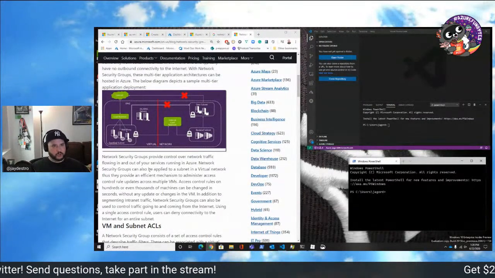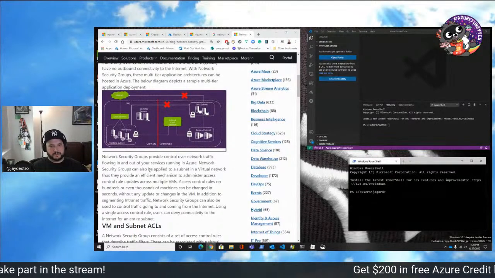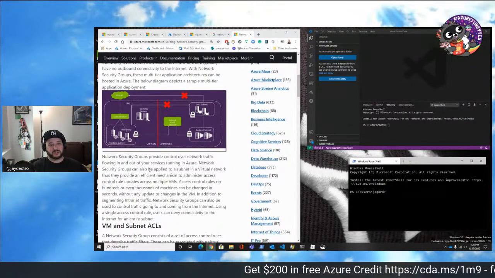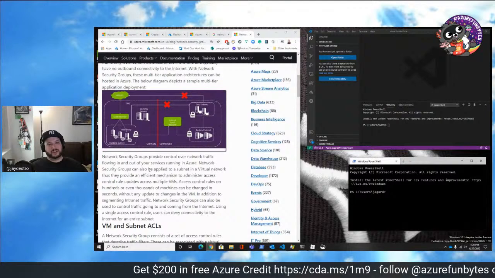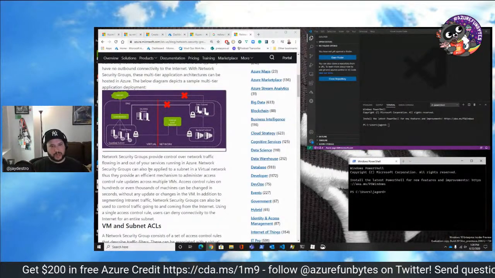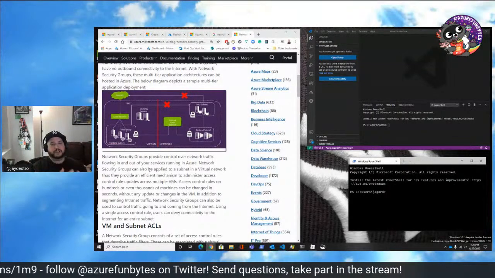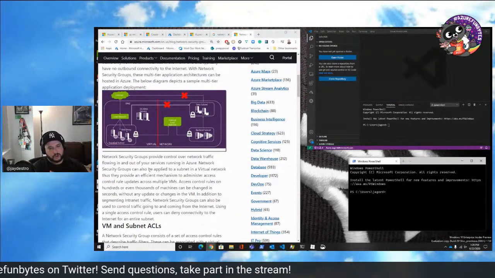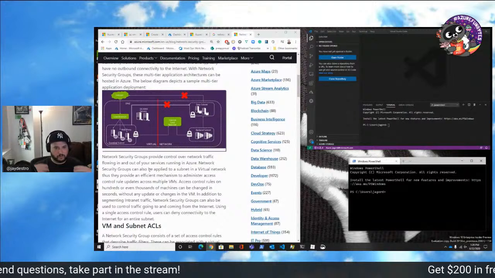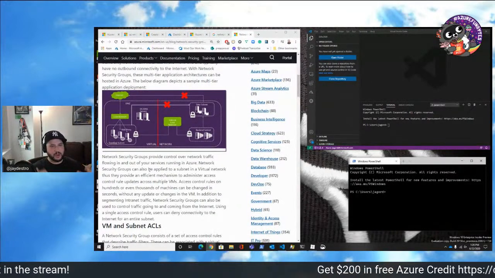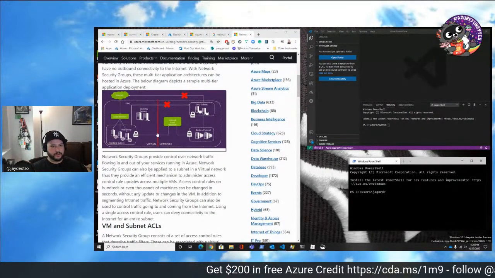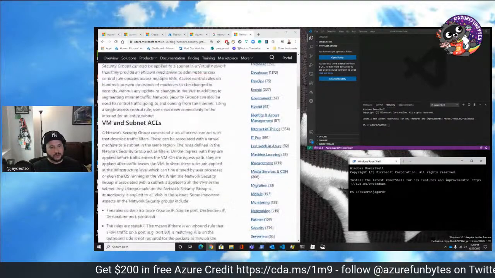And you can also use these networks to bind physical networks. So something in your data center can get combined with a network security group in order to combine your two networks together. You could use a VPN, modify what traffic goes in and out. So these are all really important things that we're going to do and learn.